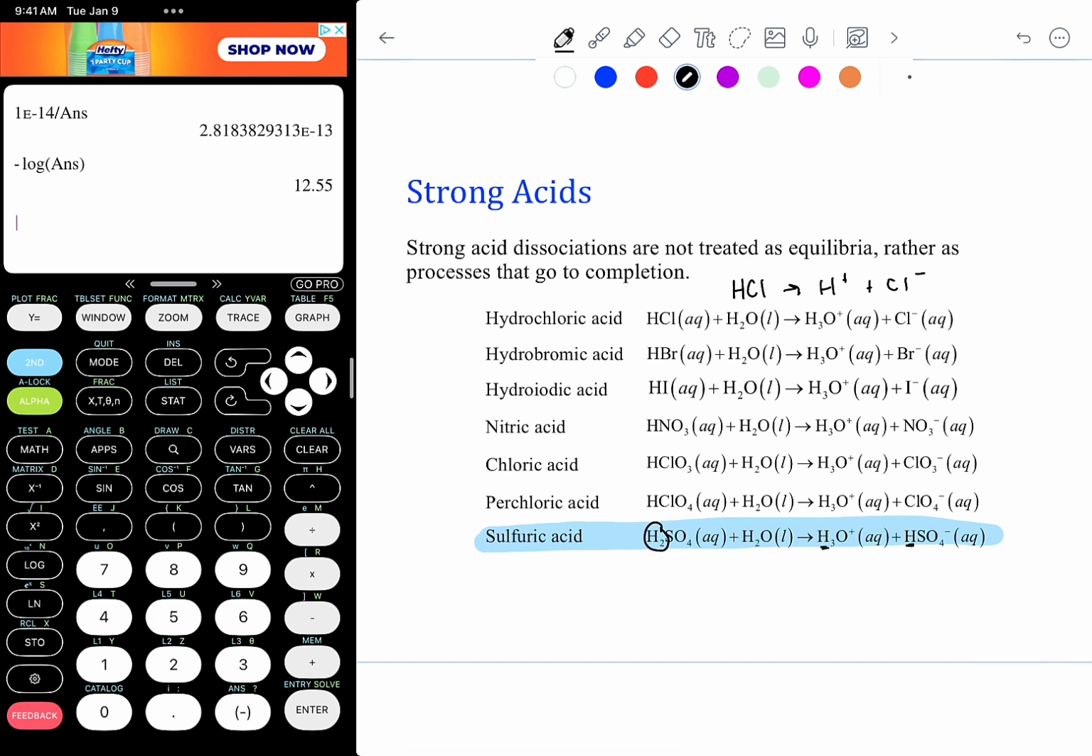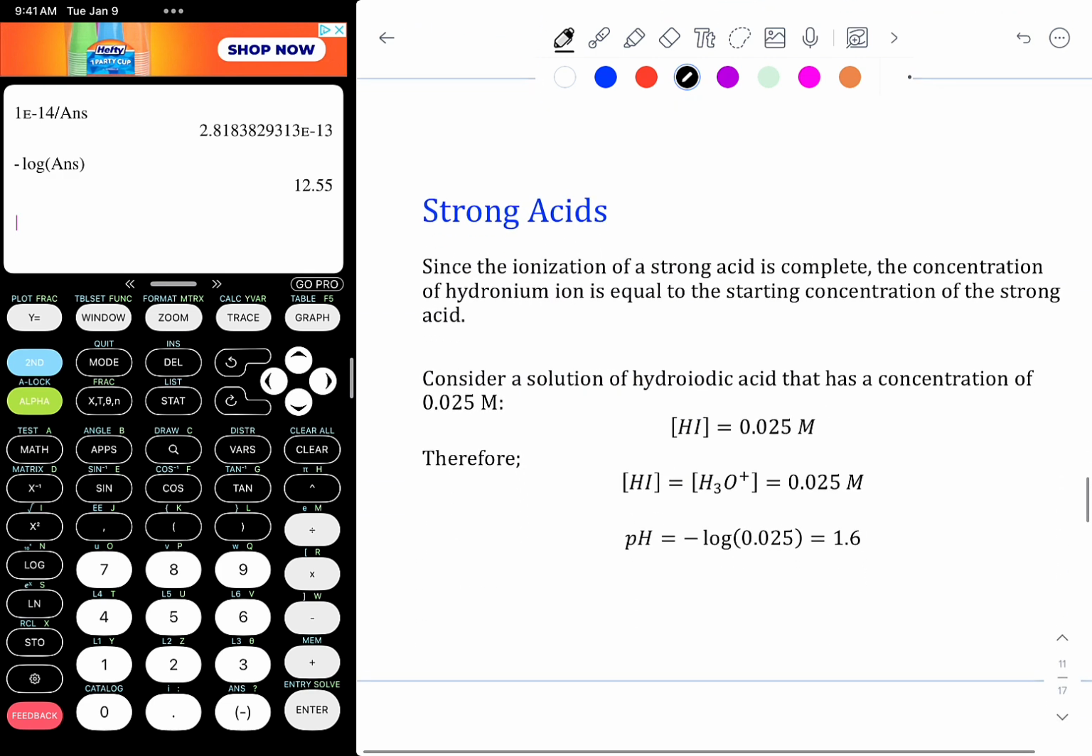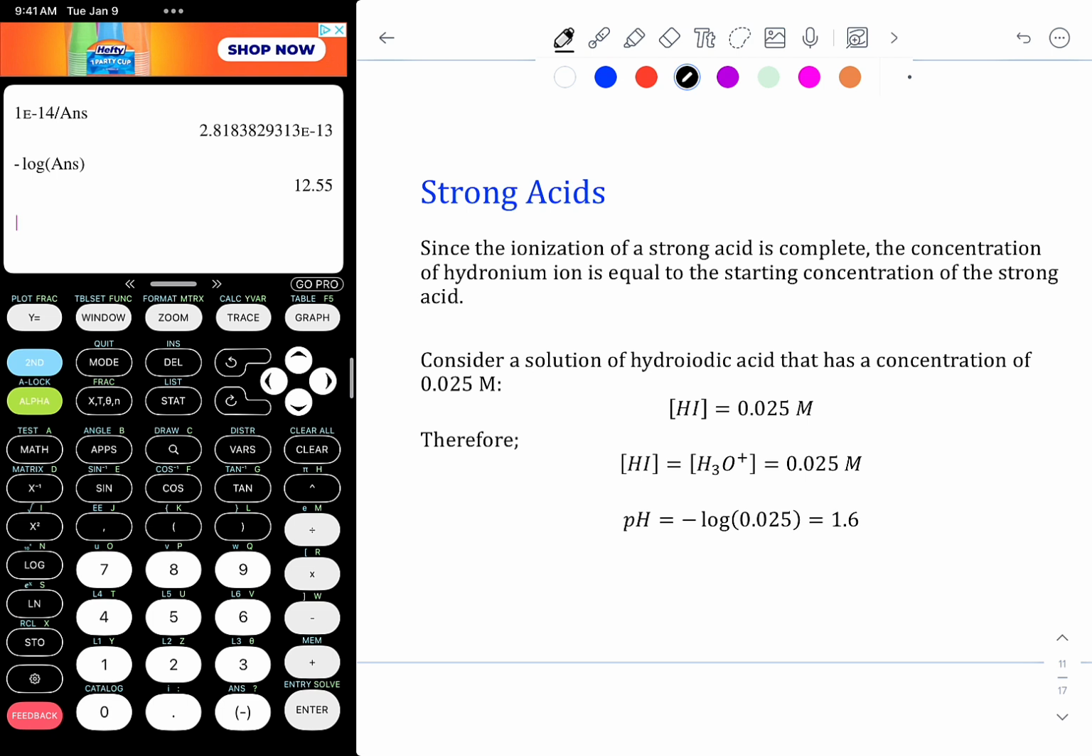So we're not getting out SO4 minus, we're getting out HSO4 minus. So just keep that in mind as you're going through memorizing these. All of these break down into H3O plus and the ion except for sulfuric acid, which still has 1 hydrogen on it. Now the thing with strong acids is since the ionization of a strong acid is complete, the concentration